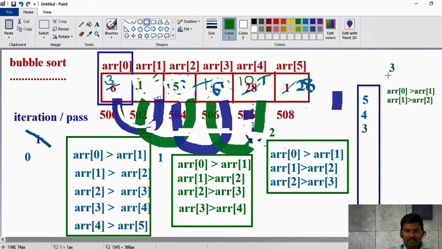So in the fourth pass, how many comparisons are there? 2 comparisons. In the fifth pass,